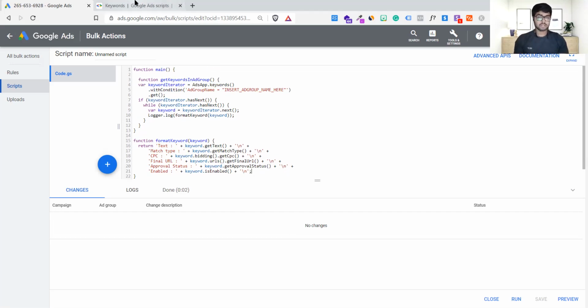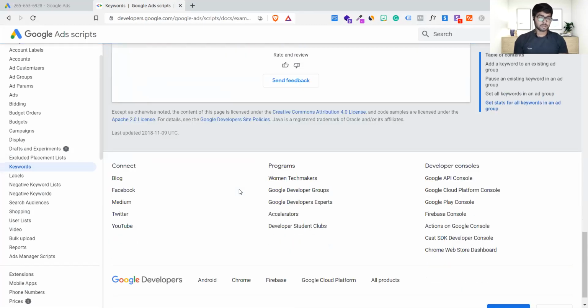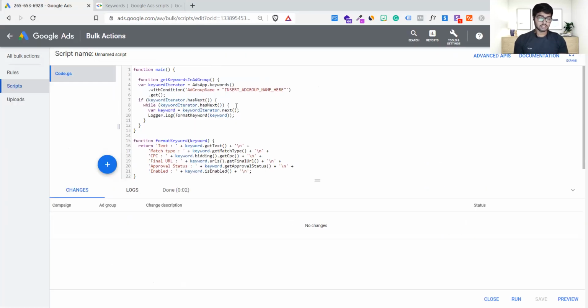Okay, I've just copied the code from here and simply pasted it inside the console. So after this is done, I can run preview, and see if the things are already there. It will start showing you a preview of the changes. If there are no changes, that's fine. You can come back and close this up.